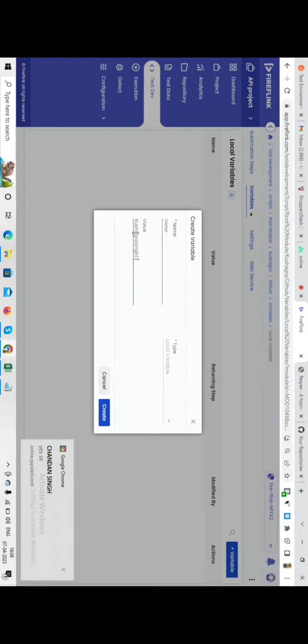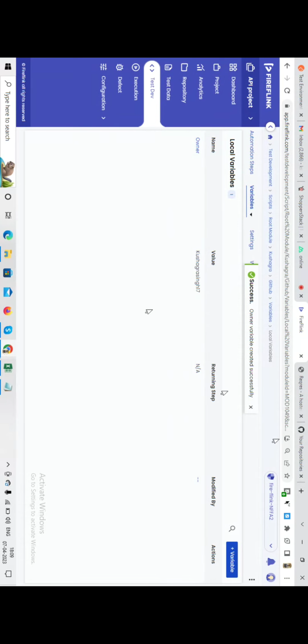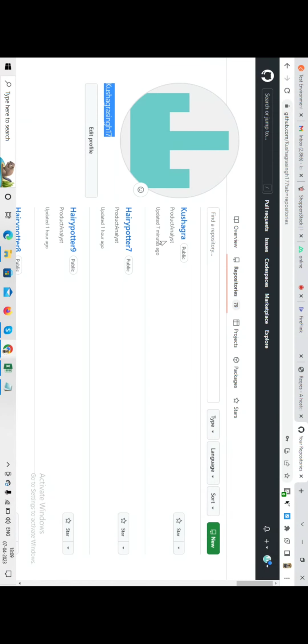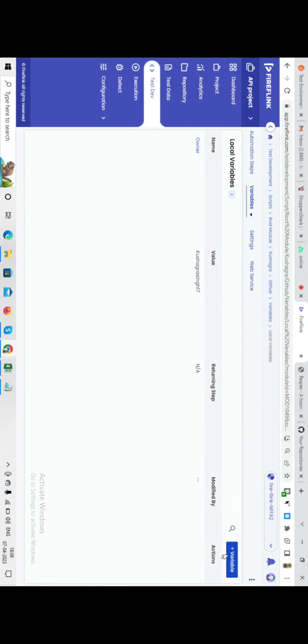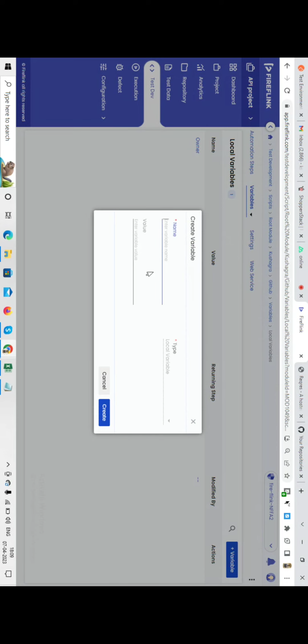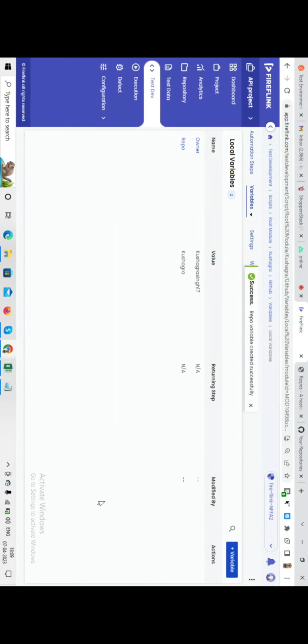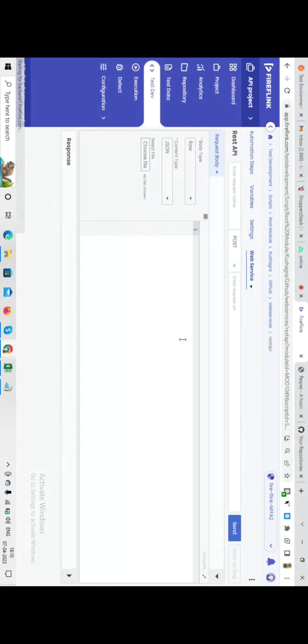ठीक है, ये देखो लोकल वेरिएबल क्रिएट कर लिया मैंने, ओनर का नेम दे दिया ओनर, और उसकी वैल्यू ये हो गई। ठीक है, क्रिएट। अब एक लोकल वेरिएबल क्रिएट हो गया। अब मुझे रेपोजिटरी का भी एक क्रिएट करना है, इसका भी एक वेरिएबल क्रिएट करना है। तो मैं गया डायरेक्टली, एक और वेरिएबल, यहाँ पे ऑप्शन आएगा प्लस वेरिएबल, इसको दे दिया रेपो, और वैल्यू दे दिया रेपो की। ठीक है, ये वेरिएबल भी क्रिएट कर दिया। अब 2 ग्लोबल वेरिएबल और 2 लोकल वेरिएबल क्रिएट हो गए। तो अब मैं इनको अपनी स्क्रिप्ट में कैसे कॉल करूंगा, समझते हैं।